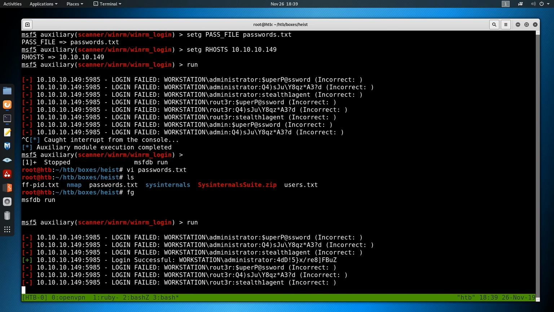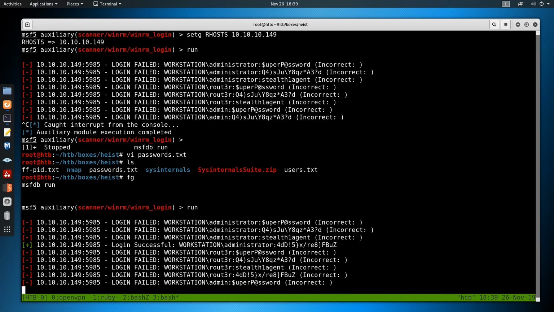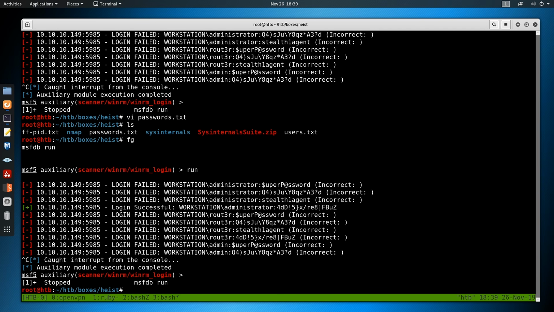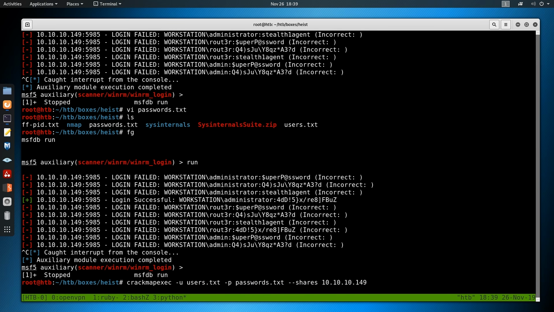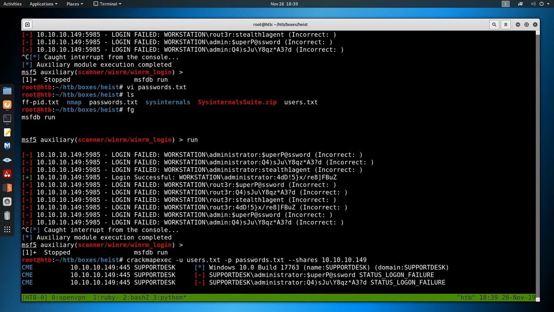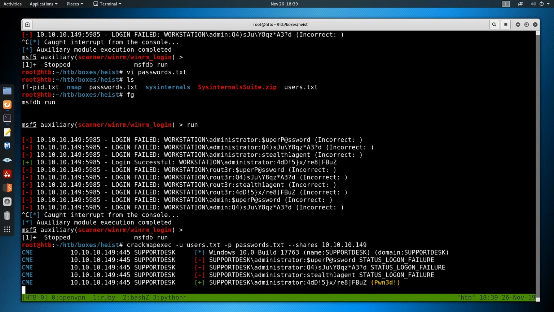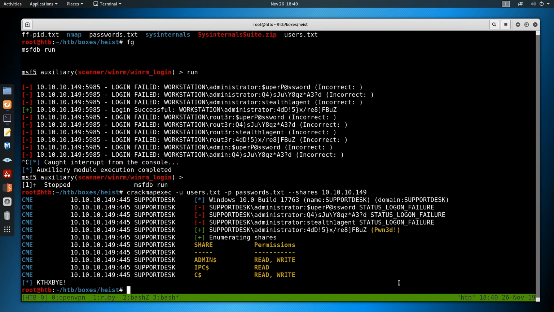So what we can do is a WinRM as him, but we could probably do a PSEXEC if he has access over C vol or admin vol. So CrackMapExec. Do this now that we have the password in passwords.txt and logged in. It's telling us pwned. Let's see if it gets the shares. It normally says pwned when you have a shell. And we have read write to ADMIN and C. So we should be able to do